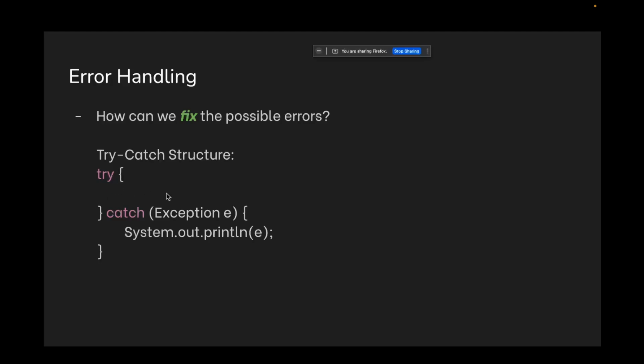And then, you know how in Java we actually refer to errors as being thrown? So when we get an error, we say the program throws an error. Well, to handle that, we would need to catch it. So it's kind of like you're throwing and catching, but instead of with a ball or something like that, we're doing it with exceptions. So you'll say catch after your try block to handle whatever error might be thrown